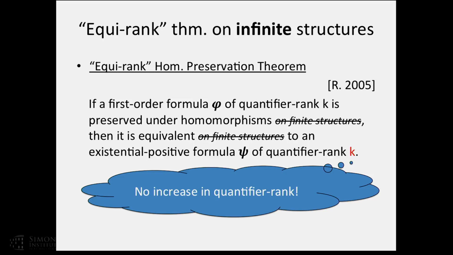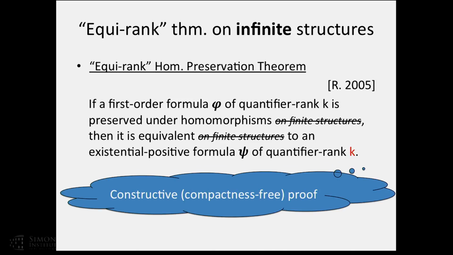In the same paper, I also gave a new proof of the original classical homomorphism preservation theorem, which was constructive and had no blow-up in quantifier rank. Okay, so this I call the equirank homomorphism preservation theorem. So the proof was a constructive, compactness-free proof, and in fact, the finite theorem sort of came from looking at this proof and finitizing the construction there. So there's no circuit complexity in this result originally. Okay, so the